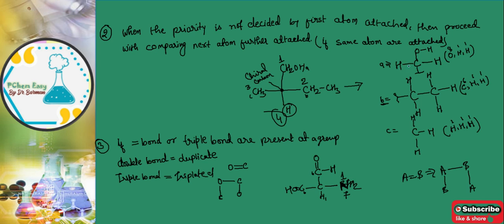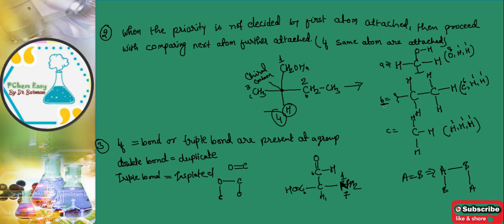What it is having? See, this is attached with the carbon having two hydrogen. So it can be written like that. Yes, one hydrogen, one hydrogen. And after that, it is bonded with oxygen. Okay, so we need not to see the next one, which is directly attached. So with this carbon, this hydrogen is directly attached, this hydrogen is directly attached, and here oxygen is directly attached with this carbon. This hydrogen is not directly attached here, so we will not count this.